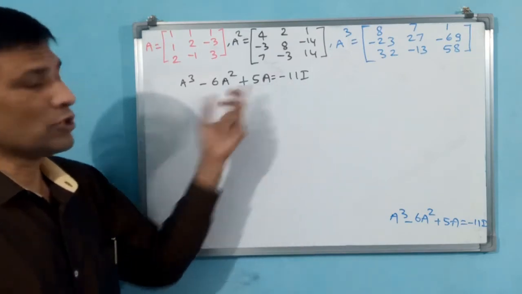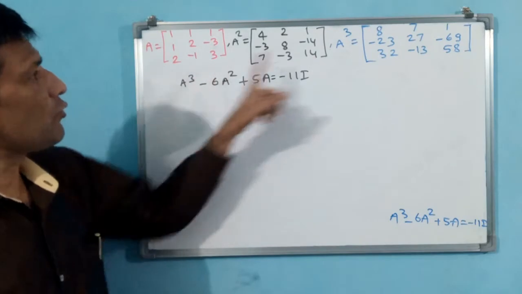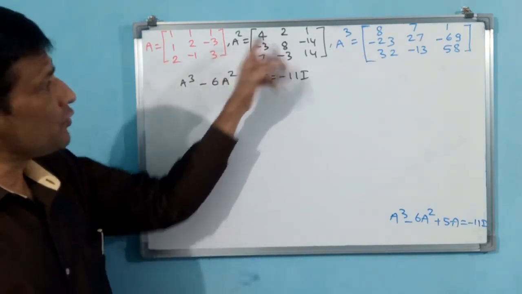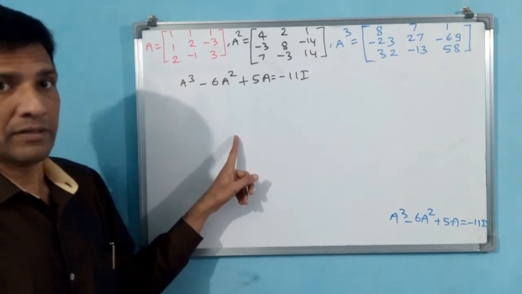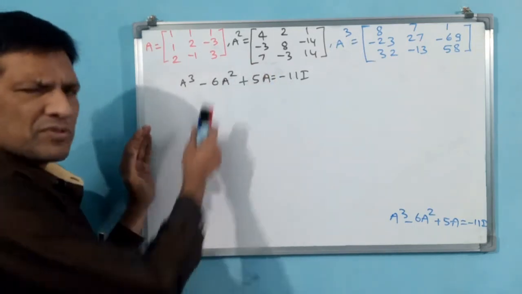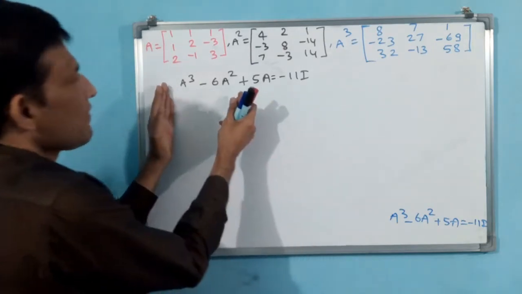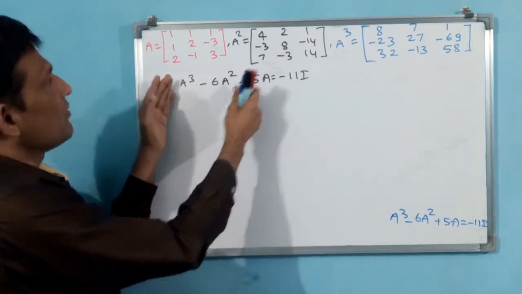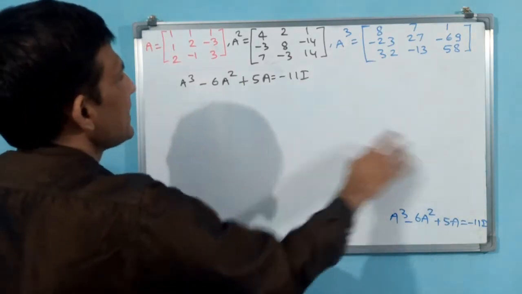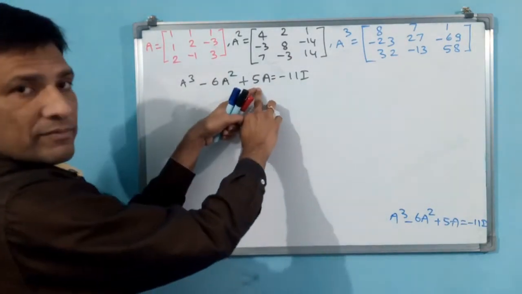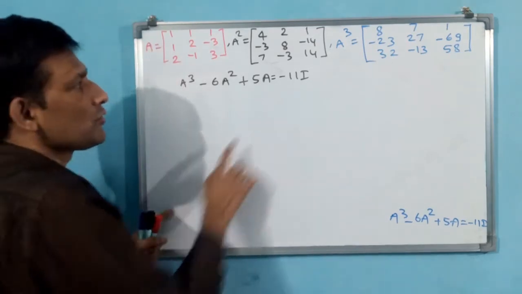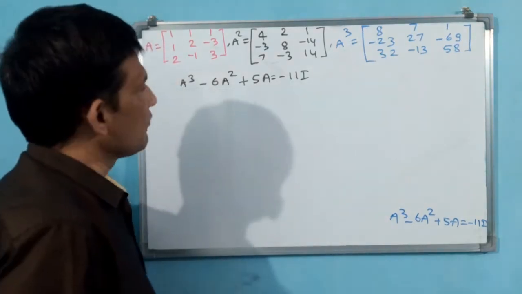You have to prove. Show that means, you see, a cube is there. 6a square means, you see, a square is there, into 6 you have to make, carefully. If you make into 6, 6a square will become 6 times a square. That means scalar multiplication. That is easy. First let us do a cube minus 6a square, these two. Then let it come as one figure, you keep aside. Then again you add 5a. 5a means 5 into this one. You add. That should come minus 11i. One by one we do.